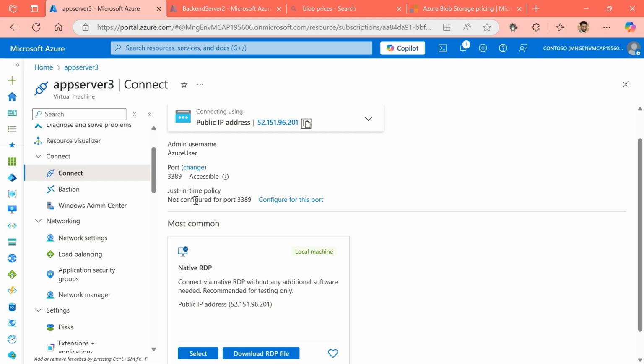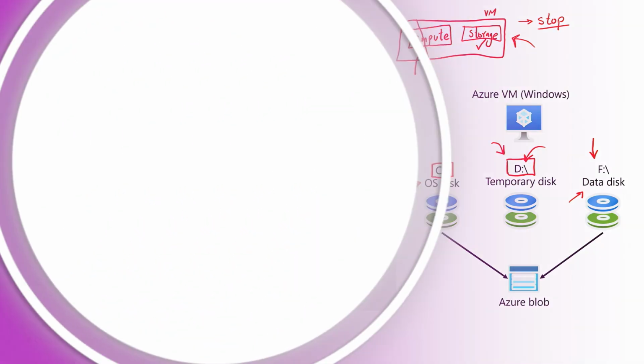Now, if you don't want to assign a public IP address to your virtual machine, and you don't want to configure ports on your NSGs to allow access to your resource, because this is not very secure for your environment, can we explore another way to connect to our resources? Well, we do have an option. Let's jump onto the slide and discuss Azure Bastion.